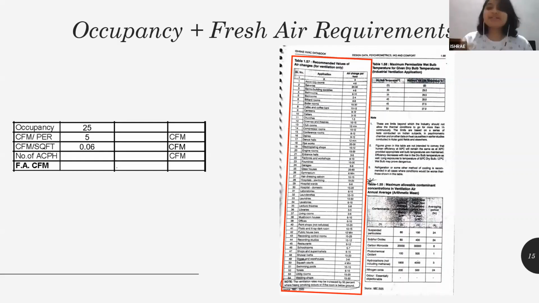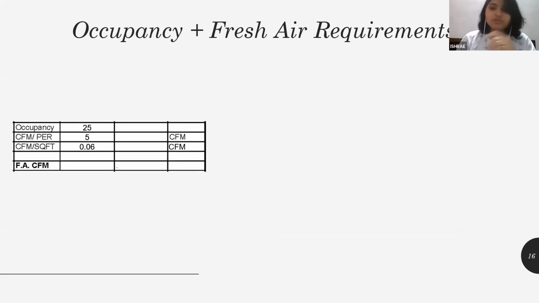If for the same area I increase the height, then my number of ACPH fresh air CFM value will become greater than my CFM per person plus CFM per square feet value. So I'm going to eliminate this method right now, because it is not required here. Where it is required, it can be required in your laundry room, for kitchen, for warehouses, and all the other applications that are mentioned here in front of you in the sheet. Now, we have CFM per person, CFM per square feet.